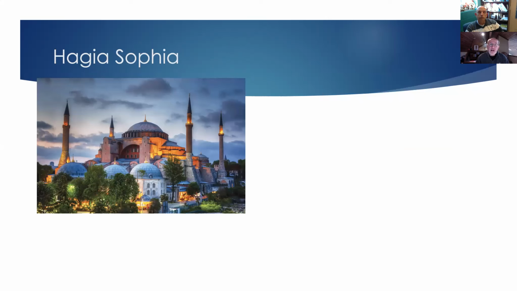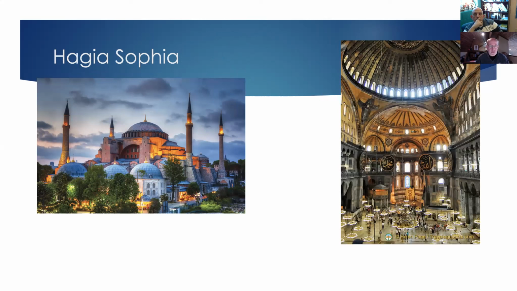So here are some ideas. This is the Hagia Sophia in Istanbul, Turkey. It started off as a church, then it became a mosque, and now it is a museum. It also has a dome. But there has been so much reconstruction and issues with the dome that it's no longer a perfect sphere, but